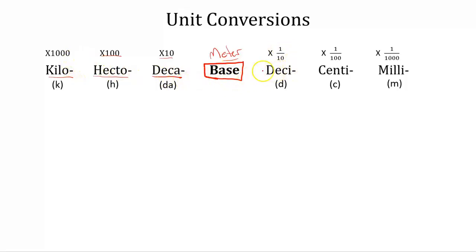Similarly, if I wanted to take that meter stick and chop it into 10 parts, one of those 10 parts would be called a decimeter stick. And if I wanted to take that meter stick and chop it into 100 bits, 1/100th of that meter stick would be called a centimeter. And then if I took that meter stick and chopped it into 1,000 little bits, a 1,000th of that meter stick would be called a millimeter stick. Okay,